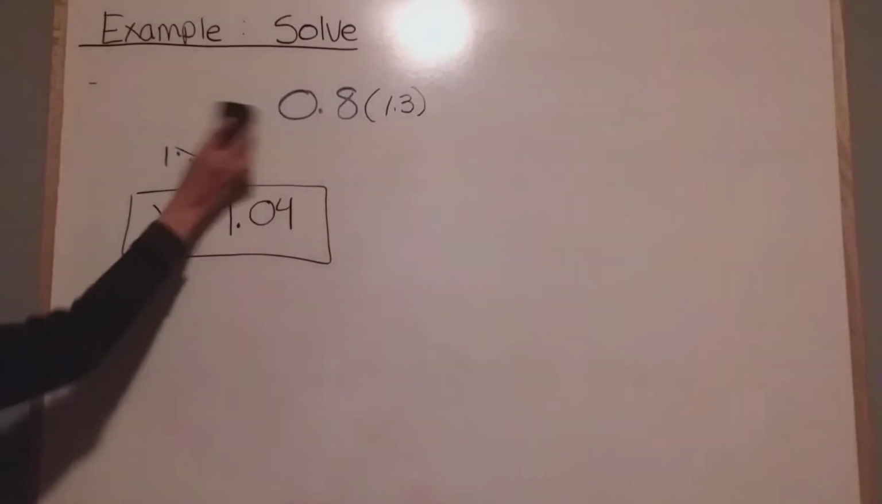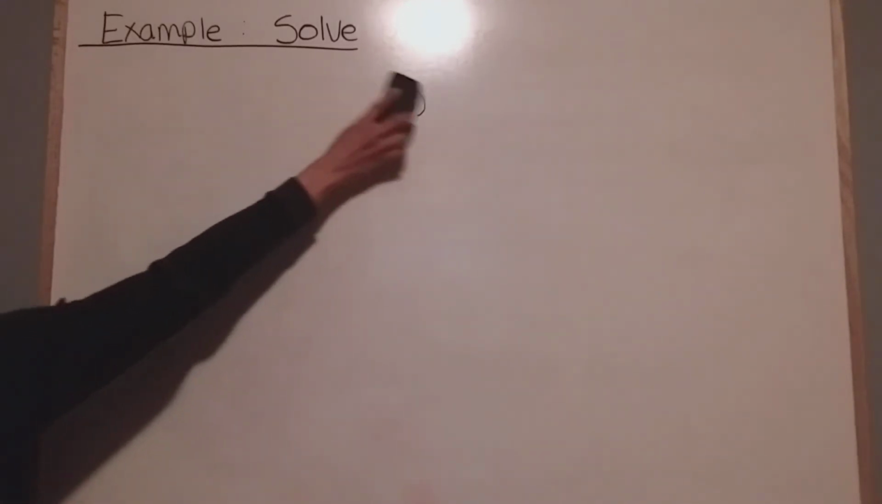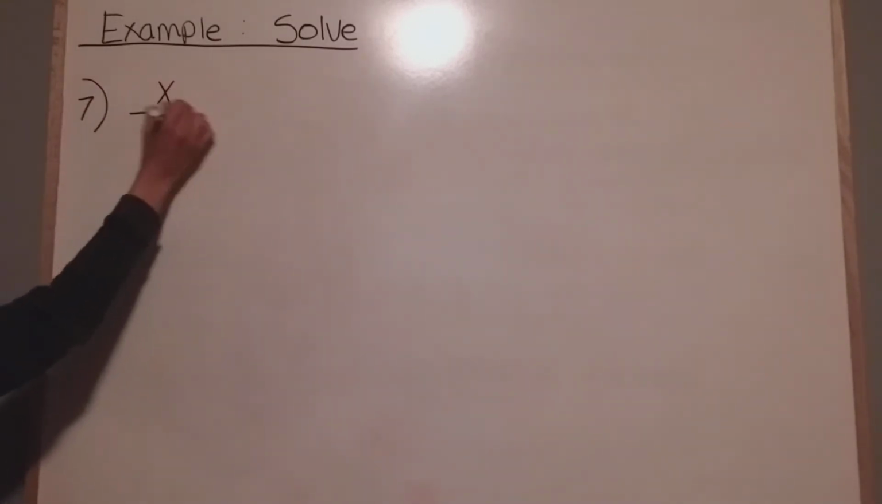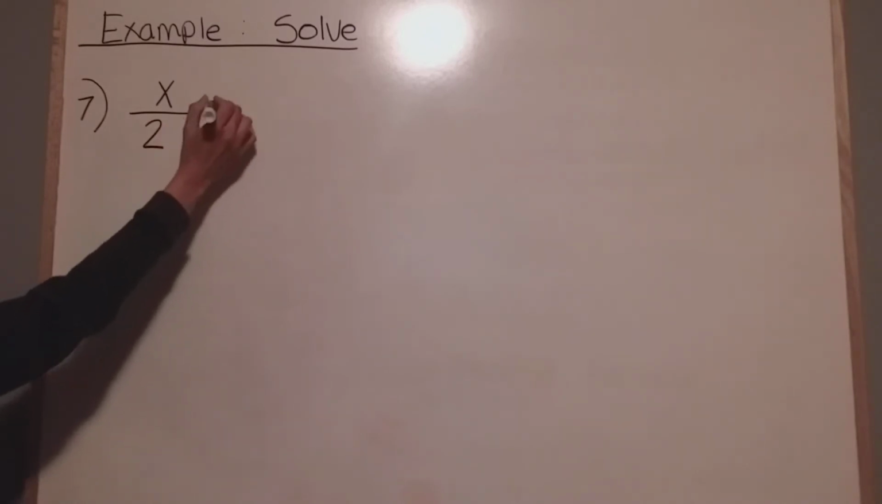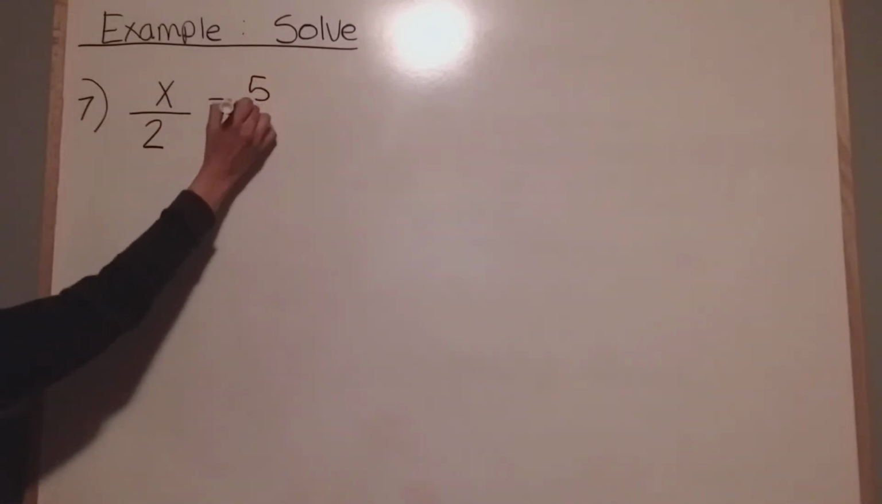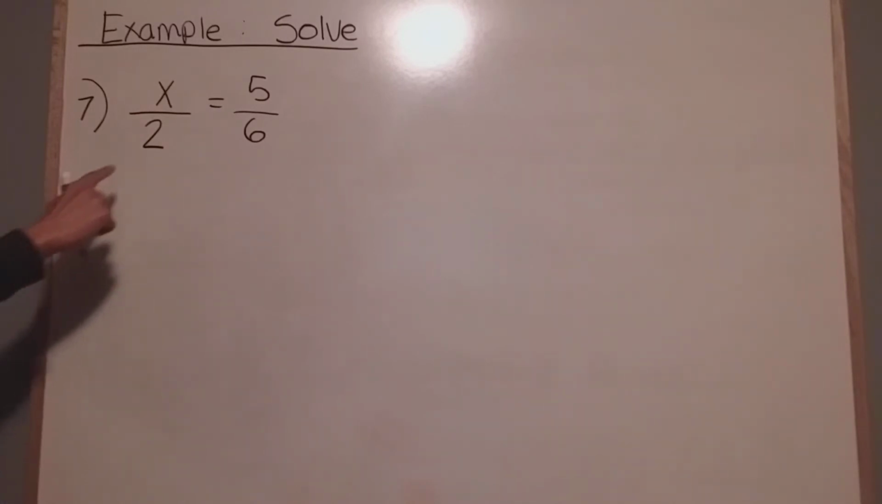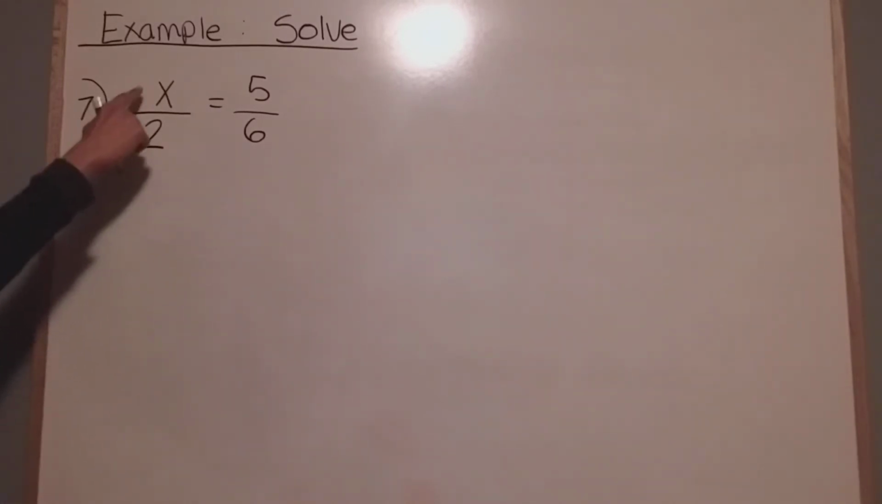And we have 2 more examples left in the lesson. So, example question number 7. I have x over 2 is equal to 5 over 6. So again, you can do this question 2 different ways. So if I look at the side of the variable, because that's always my starting point, I know it's x